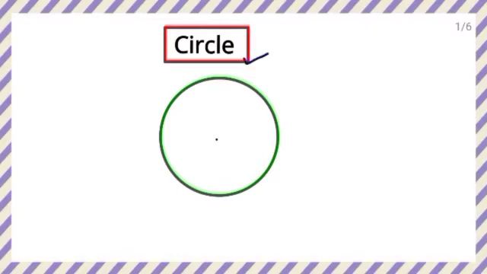What is a circle? You all must have seen such shapes in mathematics or around you, right? This is called a circle. And the midpoint is called the center. The center is always at the same distance from any point on this boundary. If from the center we meet any point on the boundary of the circle, this distance is always equal and we call it radius. This is called the center, we denote it by O, and this distance is called radius.